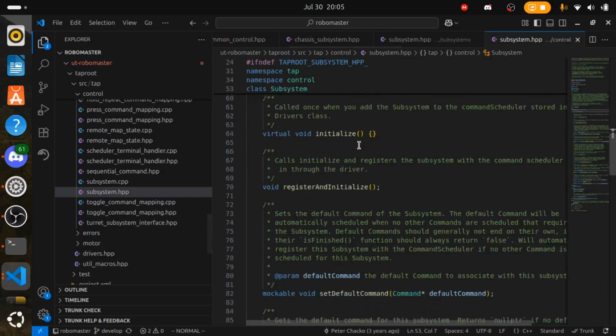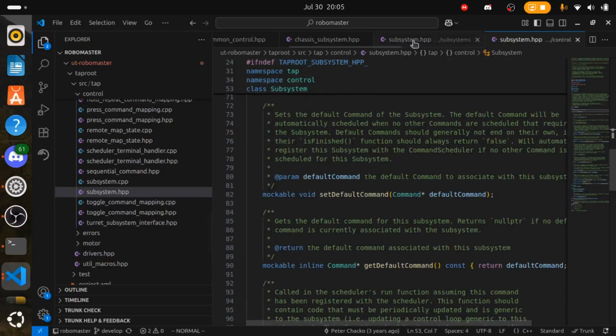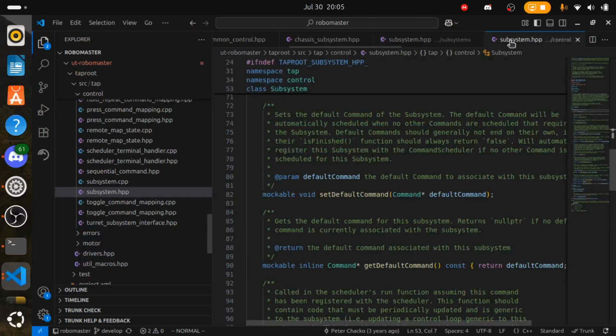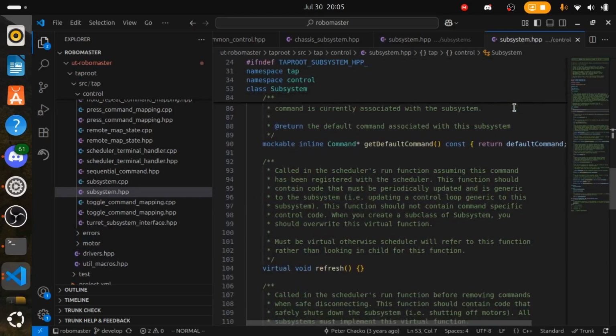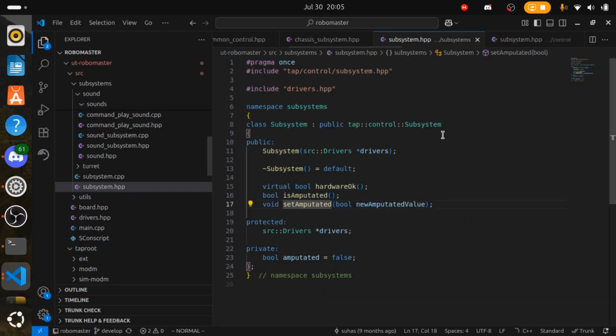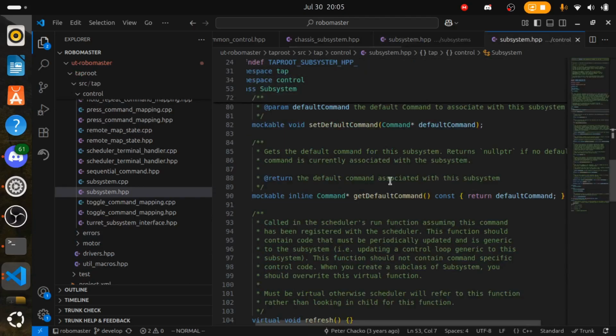Let's go to the Taproot subsystem. That's kind of cool. They made their custom subsystem. Hardware okay. It's amputated. Set amputated. I do wish they kind of documented what this meant by amputated. RoboMasters is not a robot amputation contest, in the sense we're not destroying actual robots. So that actually does pique my curiosity: what is amputated and why is it set true or false? Maybe they want mid-competition hot swap or something, but